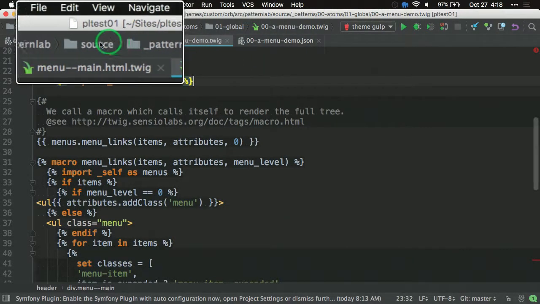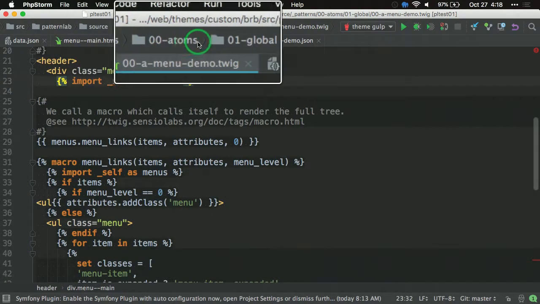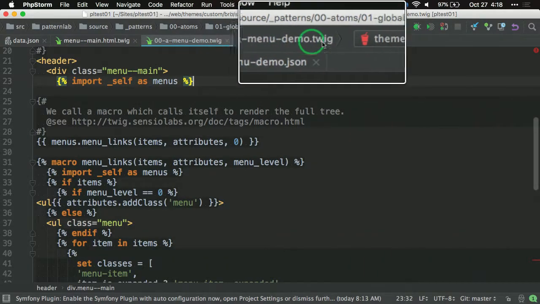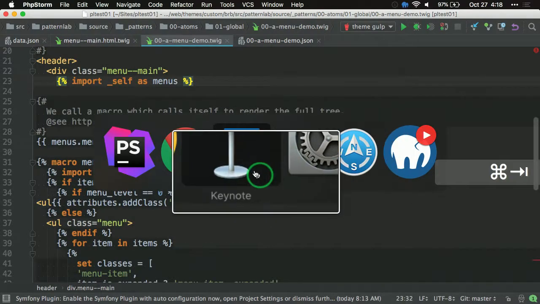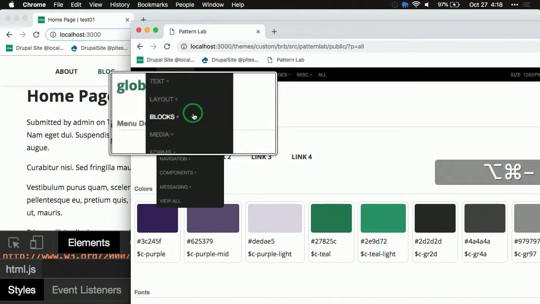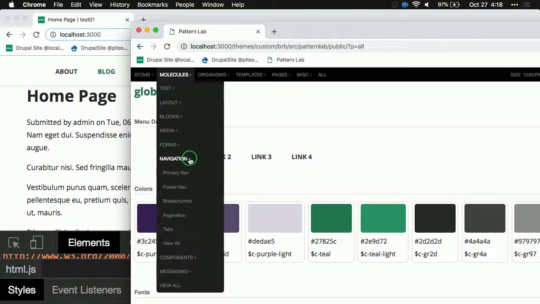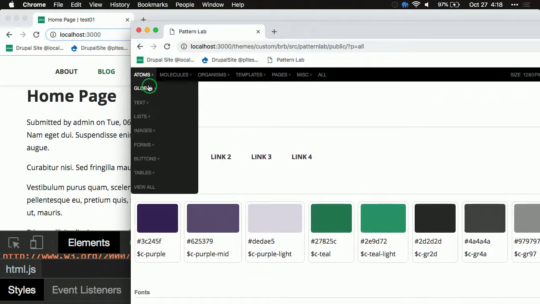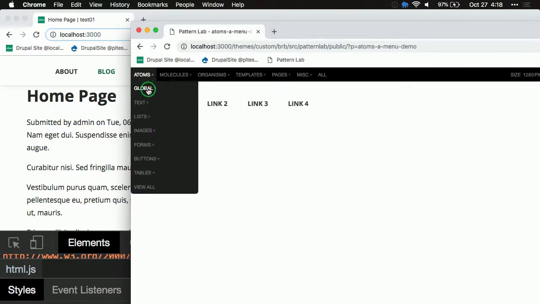Up here, this is in the theme, source, pattern lab, source, patterns, atoms, global, a menu demo file, which corresponds to here. Let's take that off, that's annoying. It's a molecule called navigation. No, sorry, it's an atom. Menu demo. So that's it isolated, and in context, it's